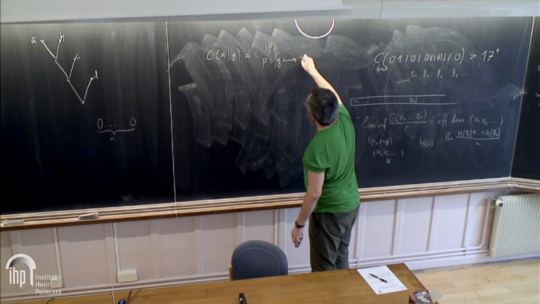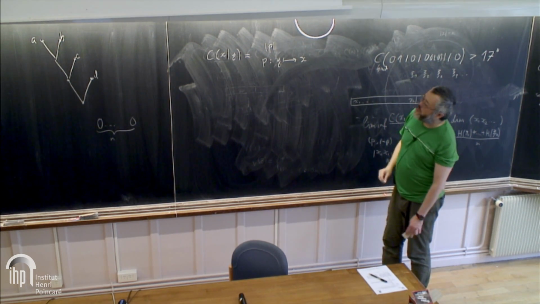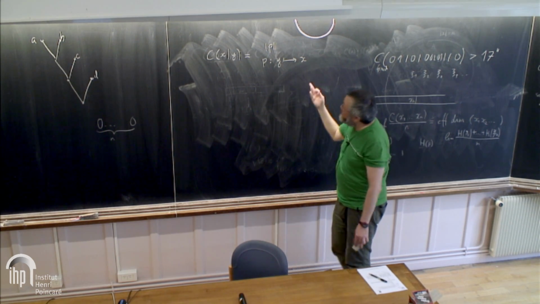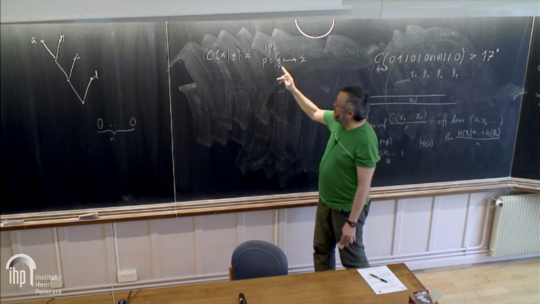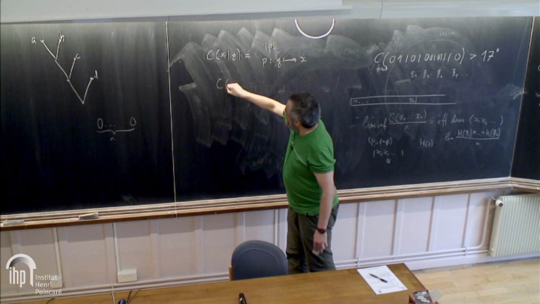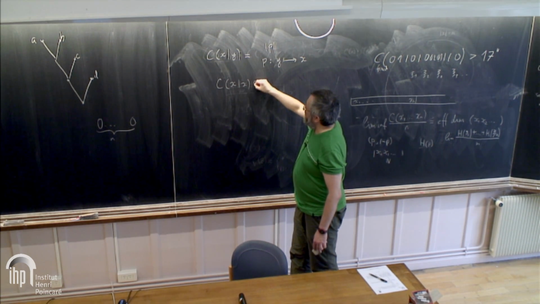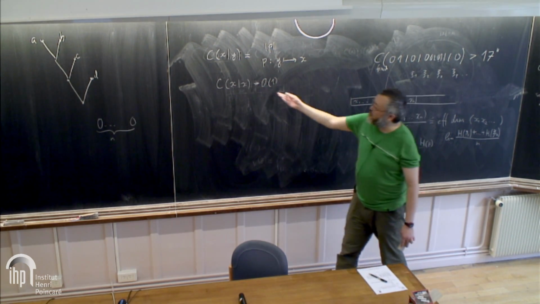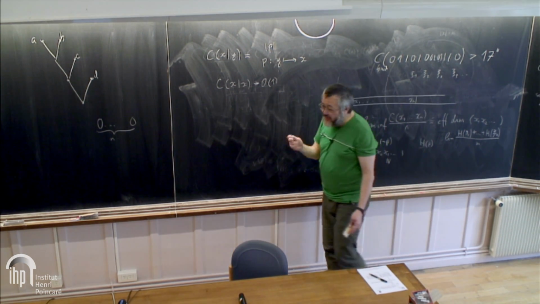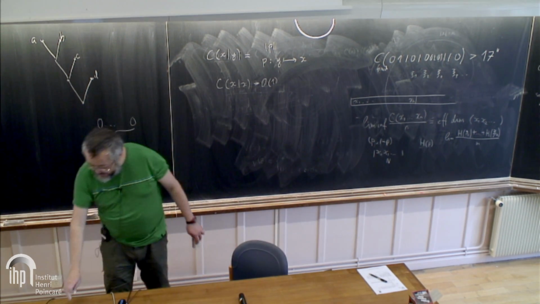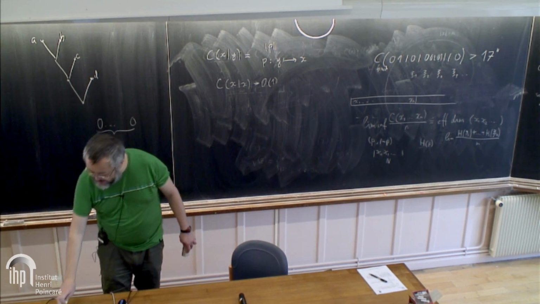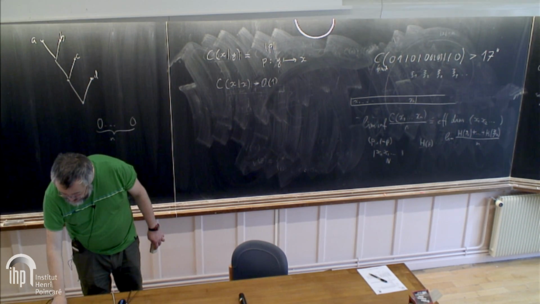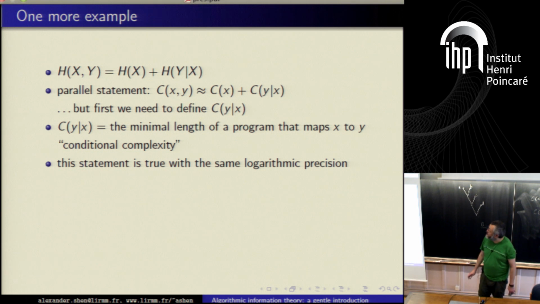So the condition is given, and you need to obtain the result. Before, we measured the program P which produced x from nothing, and now this program produces x not from nothing but from y. So for example, the complexity of x given x is always a constant, because there is one program which always does this. So we can define this, a natural definition, I hope you agree, and then we can ask whether there is a parallel statement,